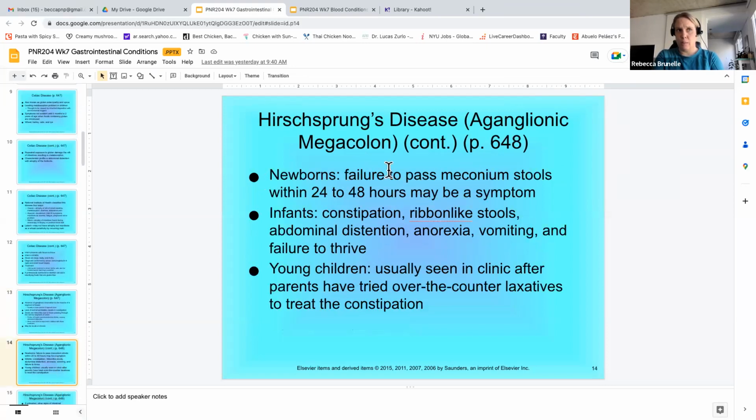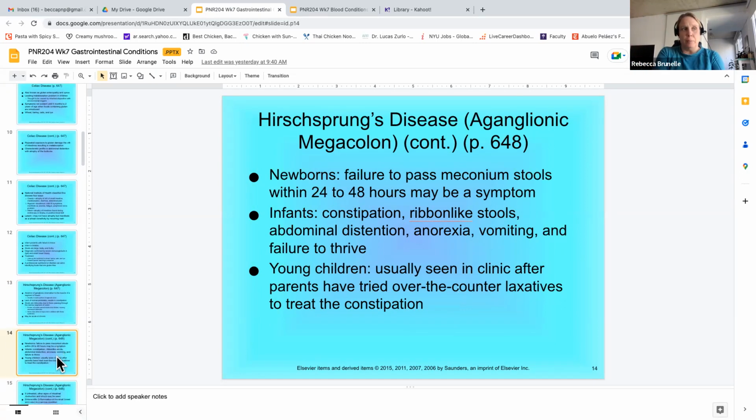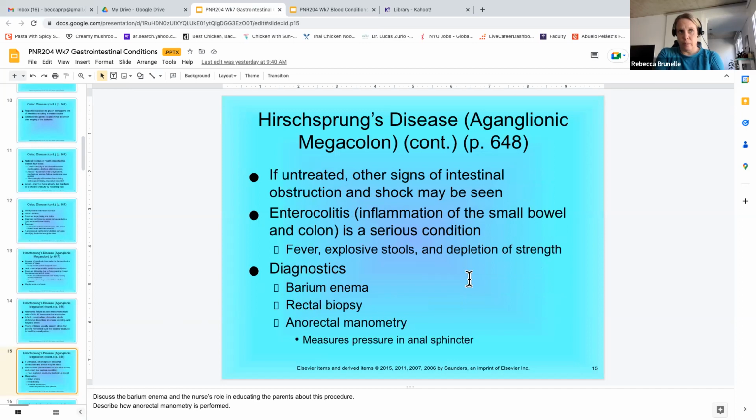So I mentioned to you guys, you should be on the lookout for Hirschsprung's if they have failure to pass a meconium stool. Since it can be acute or chronic and there's a wide variety of symptoms, sometimes it's diagnosed in older kids. Sometimes they'll pass stool and there'll just be a child that gets constipated a lot and they treat it frequently, and then they're ultimately diagnosed with Hirschsprung's. So they should ultimately have it treated. If not, they're going to be at risk for chronic constipation and obstruction.